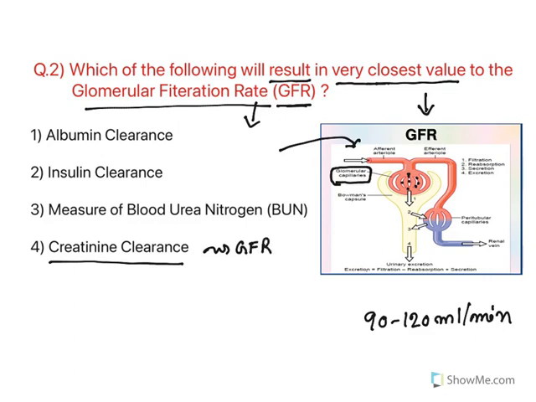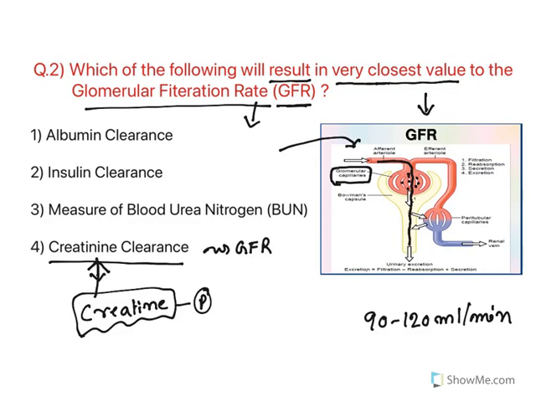glomerular filtration rate. Now, creatinine is a metabolic product of creatine. Creatine is from muscle. Usually the muscle will be storing ATP with the help of creatine phosphate. Creatine is non-enzymatically metabolized to creatinine, and that creatinine passes through the blood and it gets filtered through this glomerular filtration.